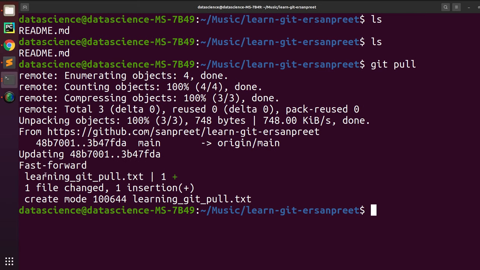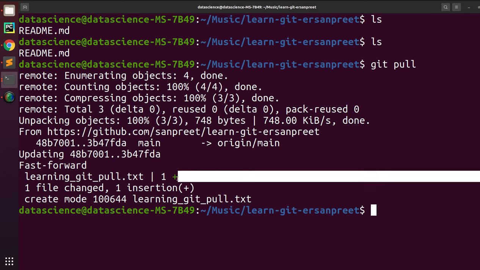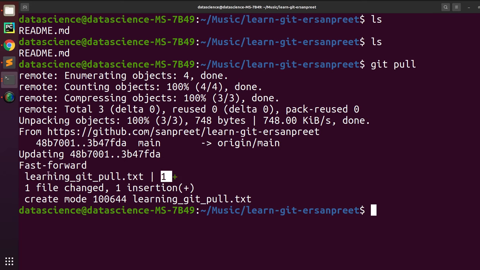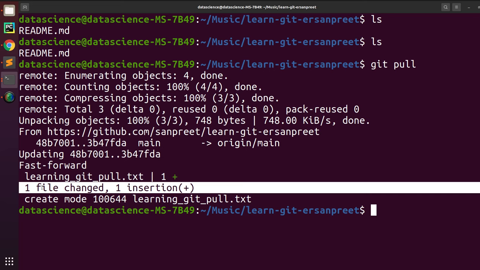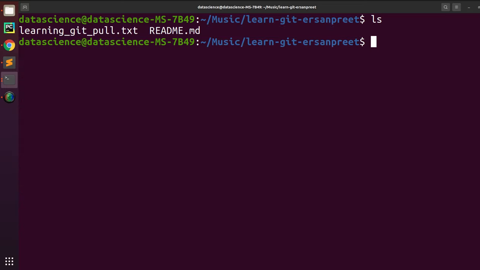It says that pulling was done, there was a file, learninggitpull, and there is an insertion, one file has been changed. Now if you again look at your local with ls, bingo,